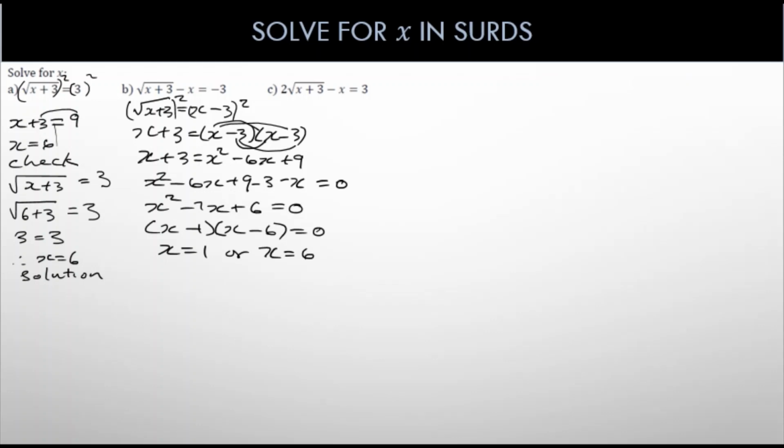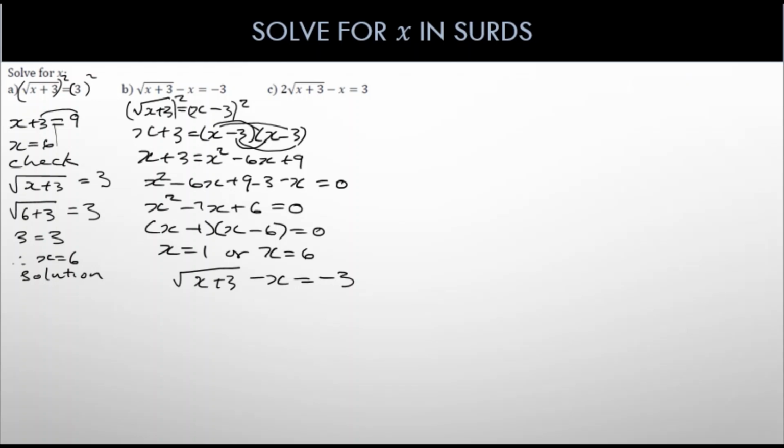So now we have to check whether x is equal to 1 or x is equal to 6 is a solution to the equation. So now what we have to do, remember our original equation was root x plus 3 minus x should be equal to negative 3. And then we substitute